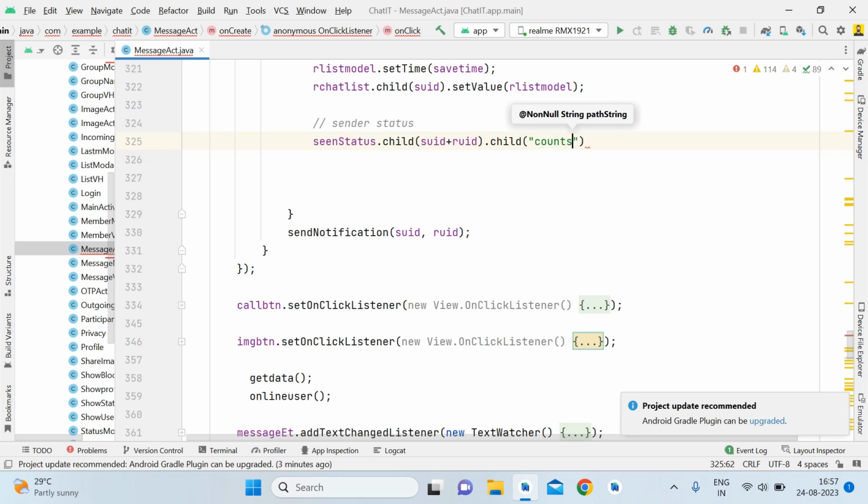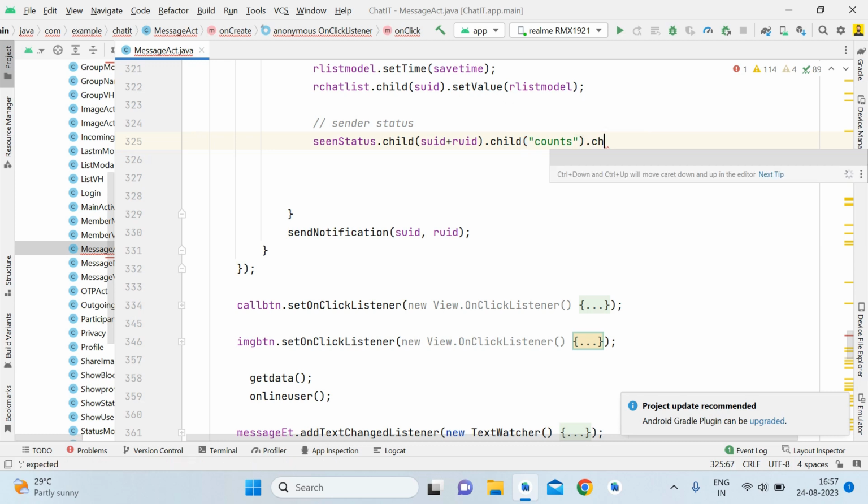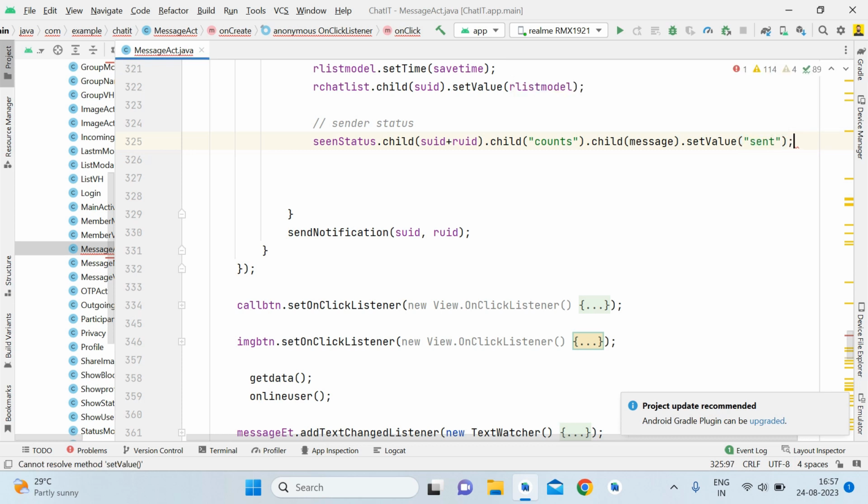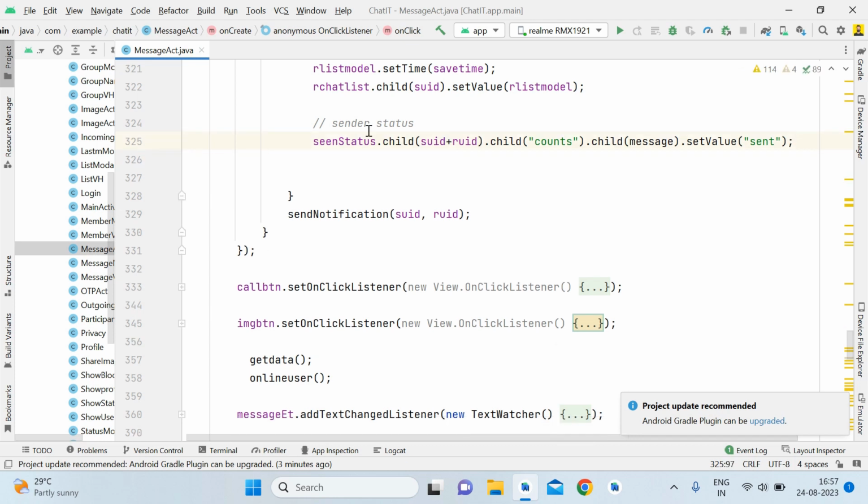So after that you have to write seenStatus.child(suid + ruid).child, which is going to be counts. The spelling should be correct, counts. Then dot child, which is going to be message, and then dot setValue, which is going to be sent. Okay guys, so you just have to write this line of code, and after that we will open the fragment